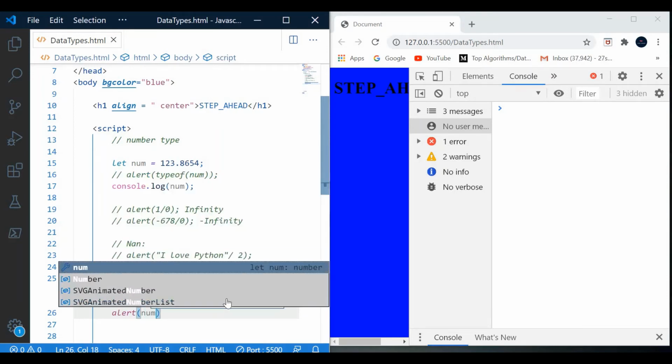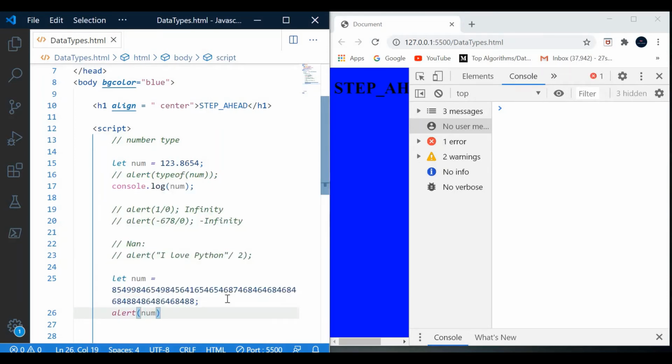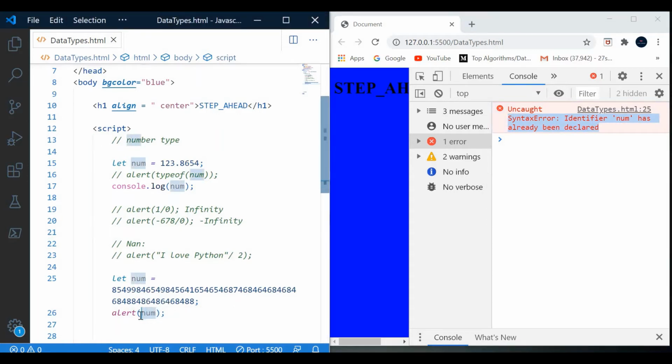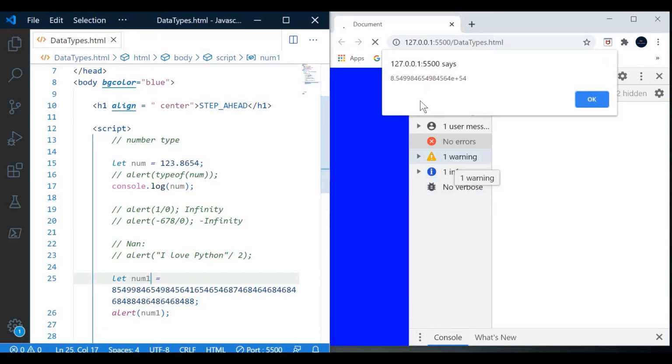Let's check whether it is valid or not. So it is giving a syntax error: identifier num has already been declared. Okay, it's my mistake, I have repeated this one.